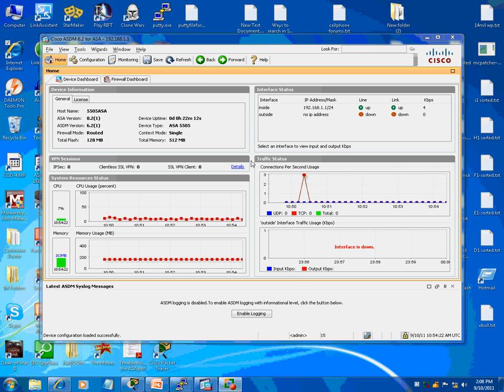All right, once your ASDM comes up, it looks like this. This is your general section. Here in my device part, obviously gives me information on my device, what version, what iOS version I'm running on the ASA, what ASDM version I'm running, and then some setup on my router, how big the flash card is, how big the RAM is, things like that. And also your uptime. Now again, it's not odd to see a Cisco device that has an uptime of 5